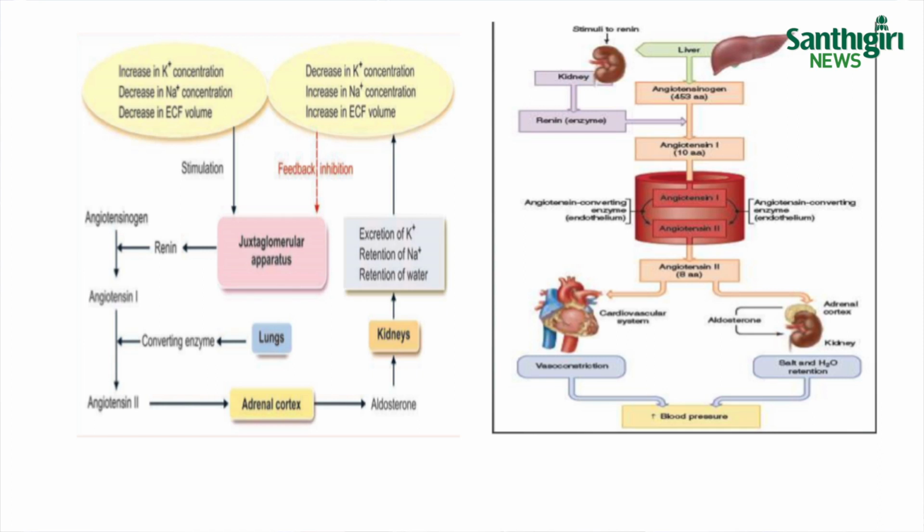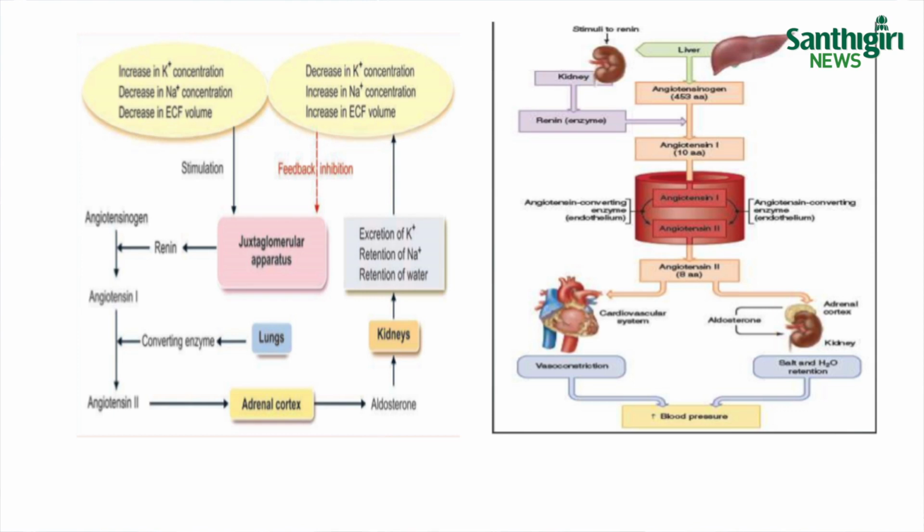Then another enzyme called the converting enzyme, secreted by lungs, acts on angiotensin 1 to convert it into angiotensin 2. This activated angiotensin 2, which contains 8 amino acids, activates the adrenal cortex for the synthesis and secretion of